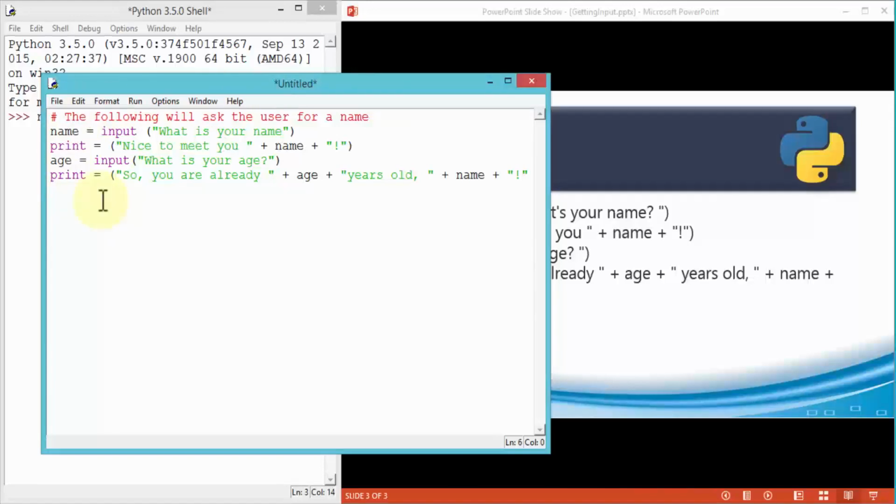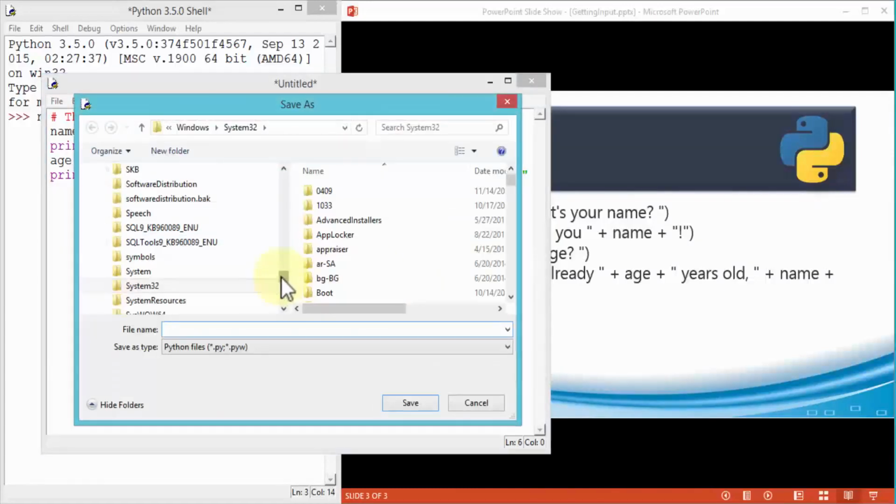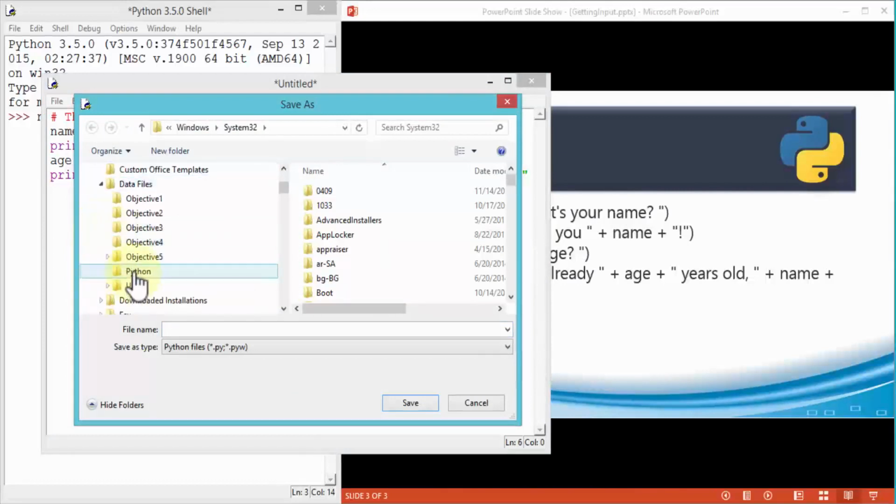Since I've written this code, let me execute this code by clicking on the Run menu option and then run the module, where I can use the keyboard shortcut using the F5 key. So once I click on the Run module, of course Python wants me to save this module before it can execute it. So I'm going to click OK, and I'm going to scroll up to my Documents folder, Data Files, and then my Python folder, and I'm going to say my input function, and of course the save as type is always .py or .pyw. Click save,